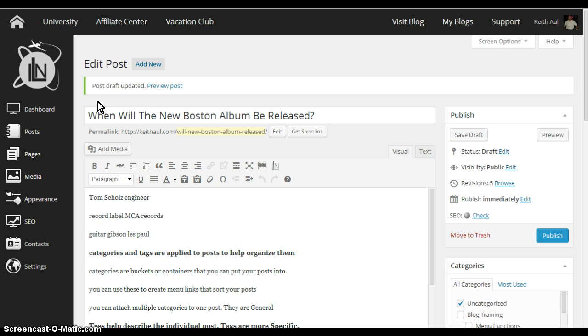Tonight's tip or training is going to be about what is the difference between categories and tags when you're writing a blog post. First, I'll talk about categories and tags, and then I'll show you an example post that will give you more clarification between categories and tags and how they are displayed on your post. So if you look here on the screen,